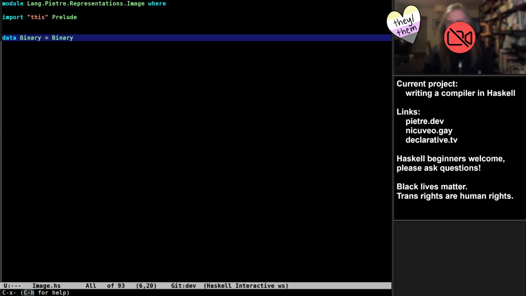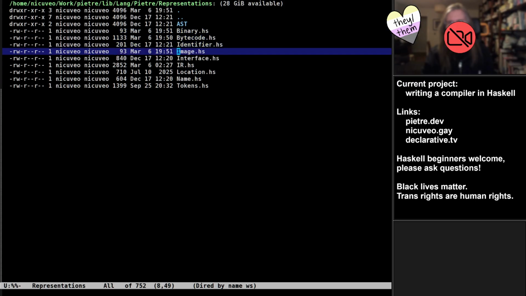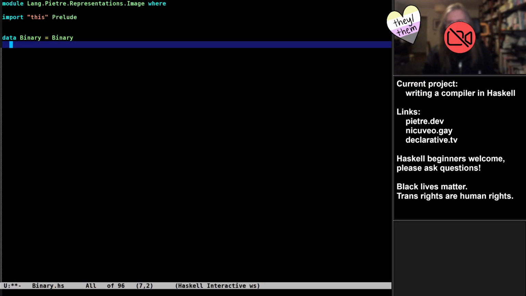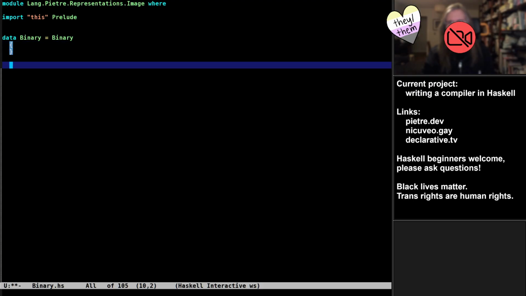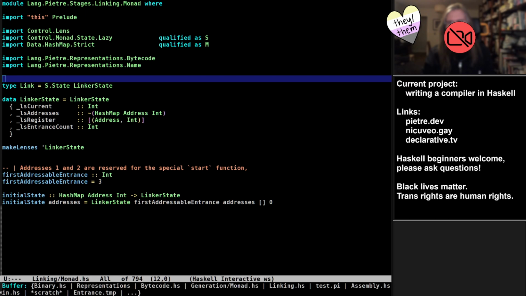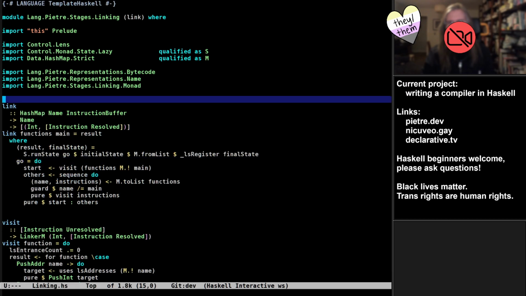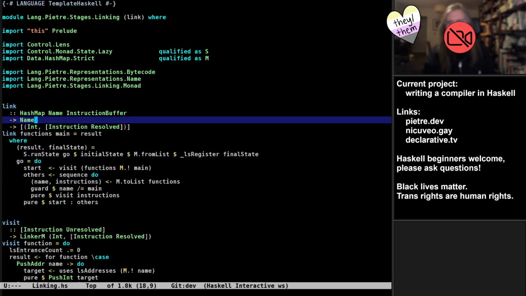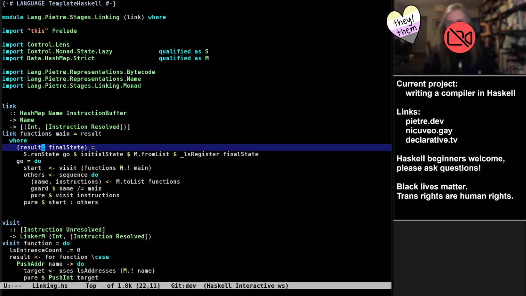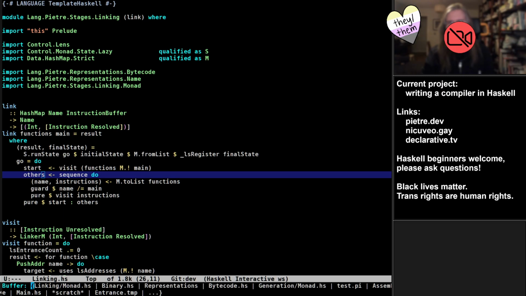Which means this probably belongs better in a binary file rather than an image file, which means I'm going to delete image. What will a binary contain if we look at the linking process? It contains this at the moment, which is not great, but we can do better than that. So this would be